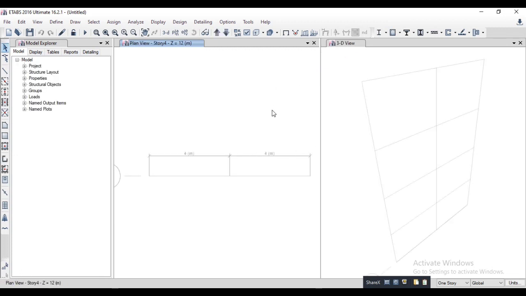You will see two screens here. This is the first, this one is the second. One will be a view in 2D. This is the view in 2D and this one is 3D. You can do your assigns by selecting in any window.